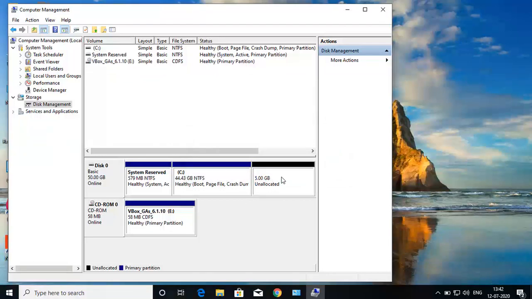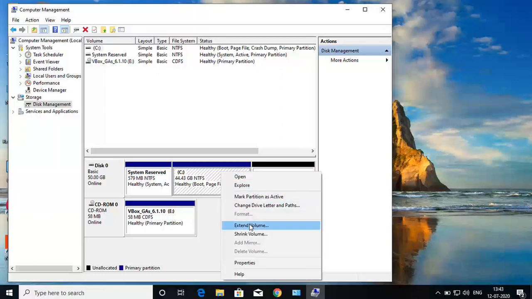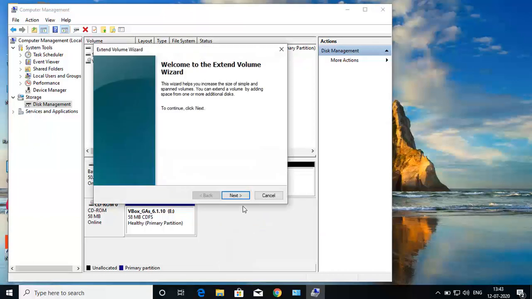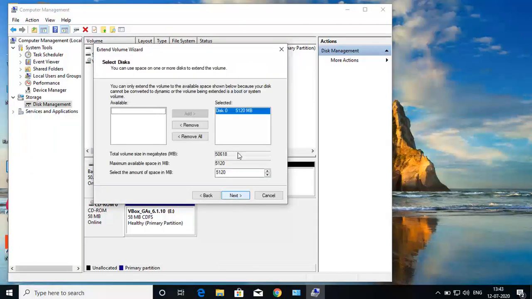Now the space has been freed. Now we click on C drive again and this time we use Extend Volume. We'll click Next. Here the maximum space we can extend is this much.